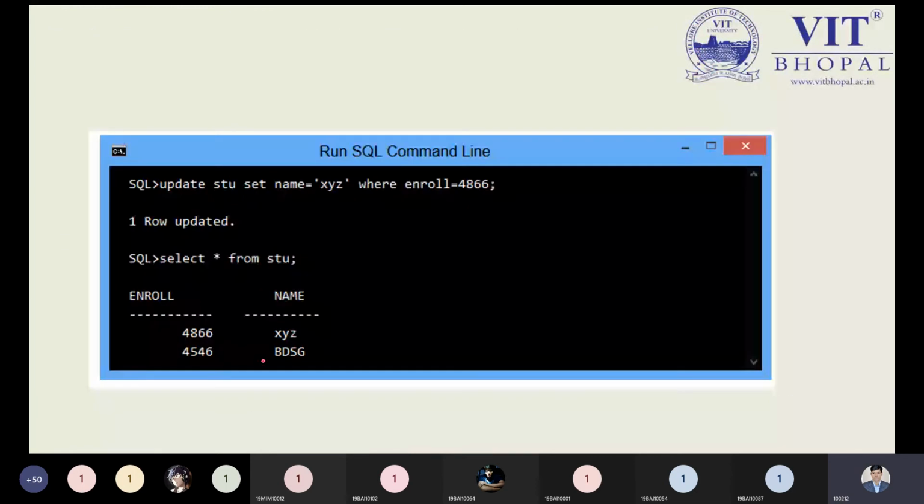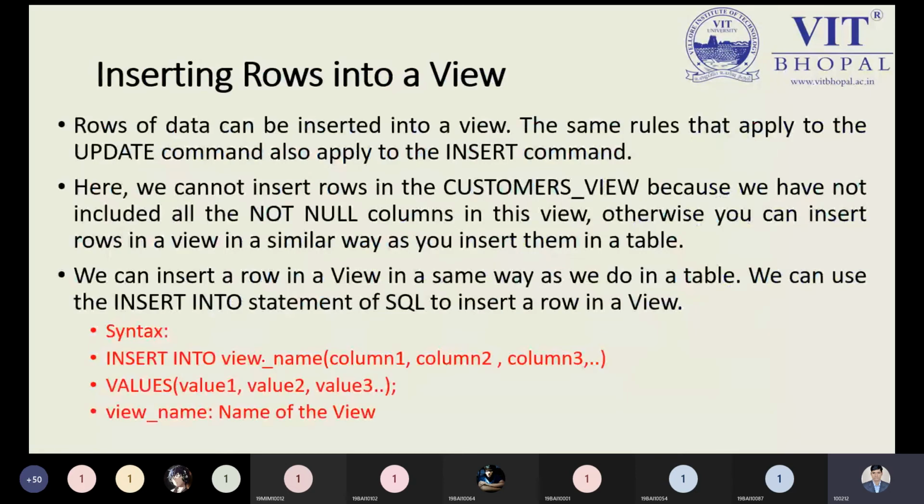This is a snapshot from the Oracle database I've taken here. So Ubuntu is updated, and you can see here. Now I'm looking at this part: insert a row into the view. How do we see the syntax? You insert into the view name. What is the view name?